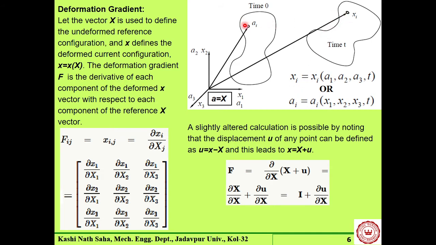So the difference between these two vectors, small x minus capital X, that is our idea of vectors, and this can be written also in this form. And this is the description of our u field, and if we take a gradient of that,